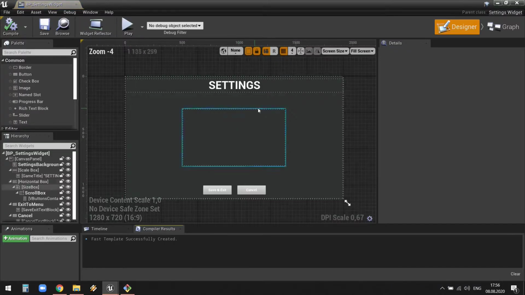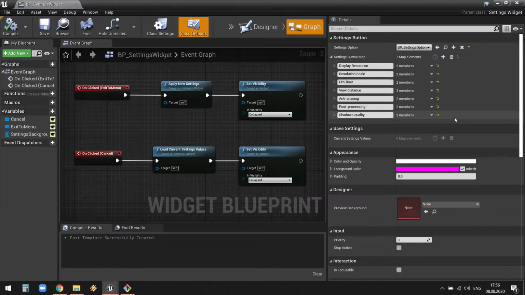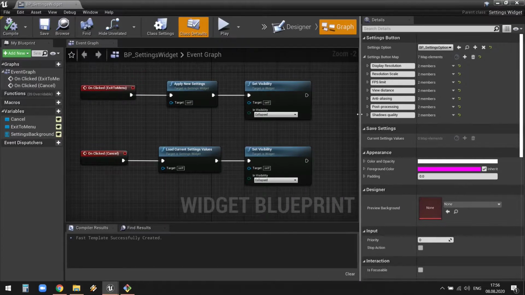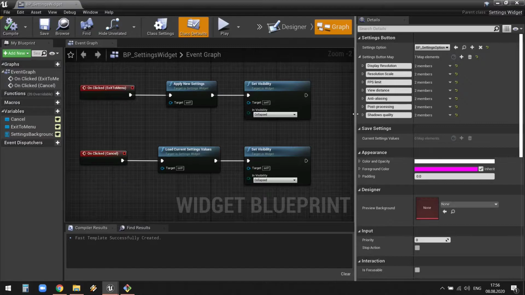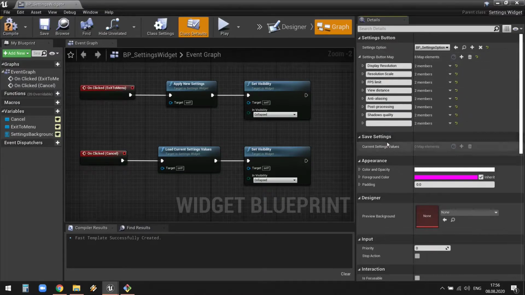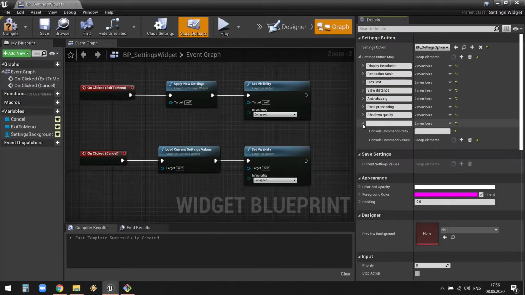Okay, so let's go and I will show you how to use that blueprint to add the settings you need. If we want to return our texture quality settings here, click this cross, add elements. Here we will see the field for the element name. So let's type it, texture quality,